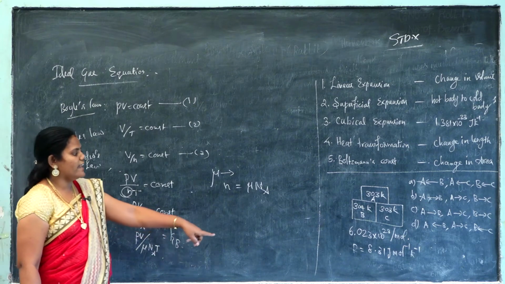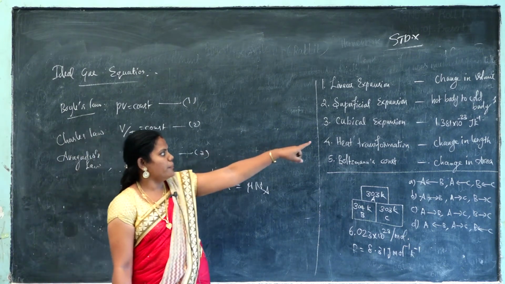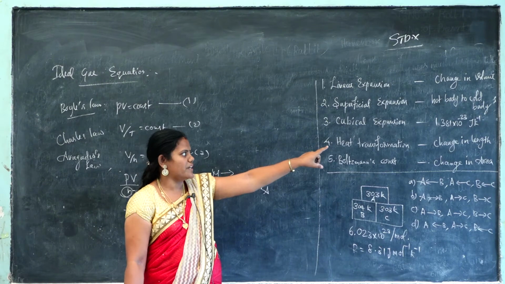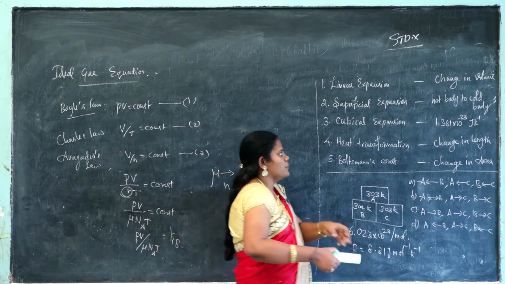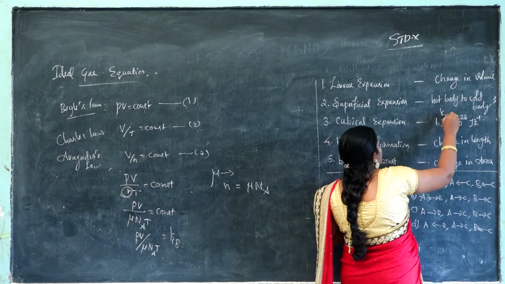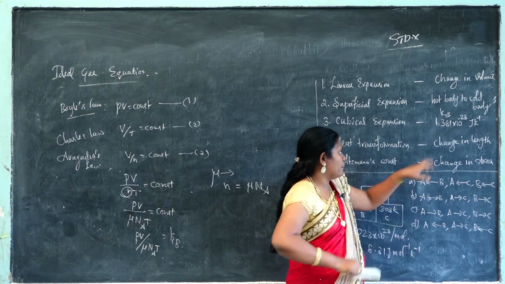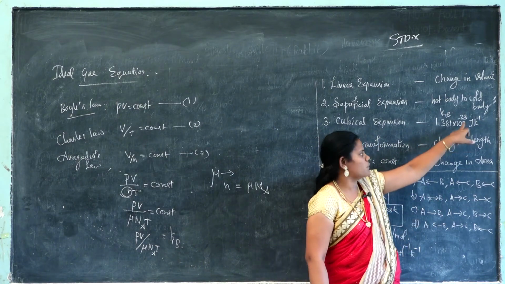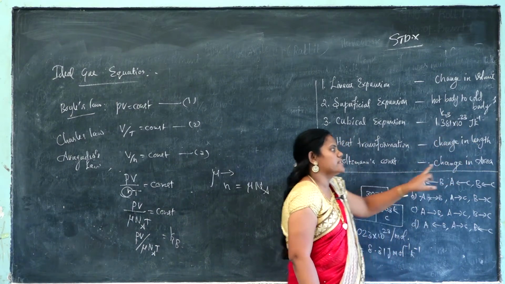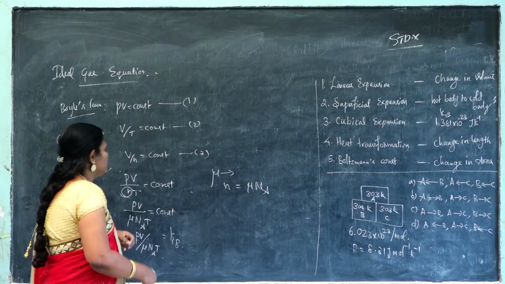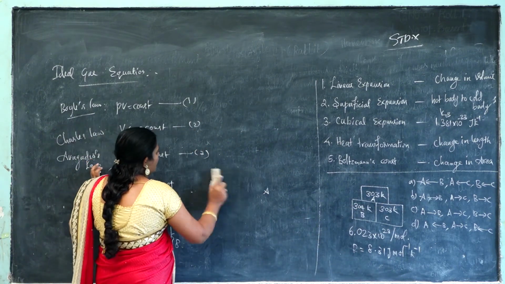So what's the value of the Boltzmann constant? 1.381 into 10 power minus 23 joule per Kelvin. That is the Boltzmann constant Kb. Okay, Boltzmann constant 1.381 into 10 power minus 23 joule per Kelvin. That is the Boltzmann constant value. Okay. So the Boltzmann constant value you have to apply, and then